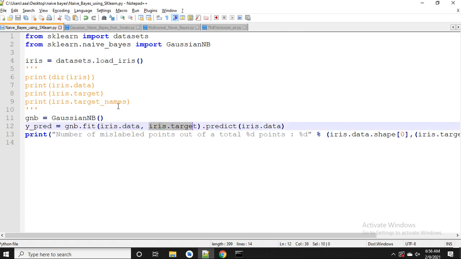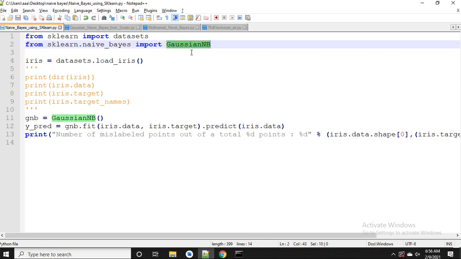Now before that, just observe one thing. Do you have any numerical data in your data set or a categorized data? So we know in the iris data set all the feature columns have numerical data. So what we can do? We have to just apply Gaussian Naive Bayes. Let me just import this Gaussian NB.